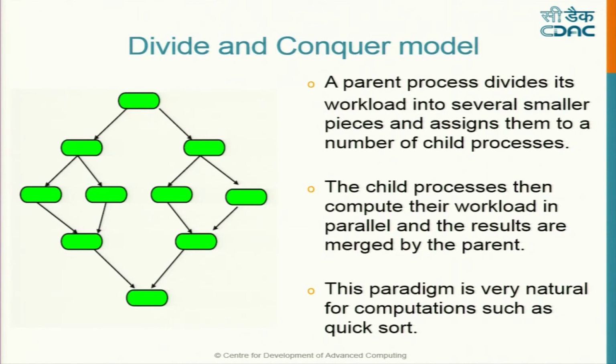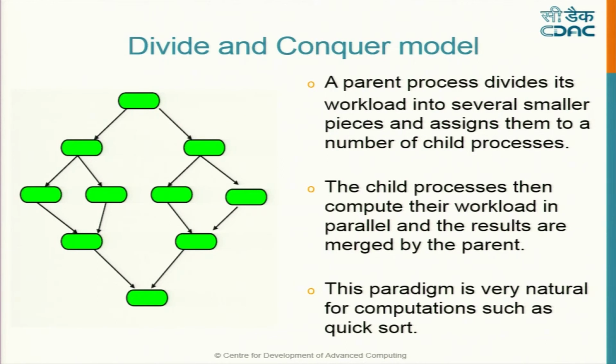Divide and conquer. The first process starts, and it divides the data or code among two children. The children find that it can be divided further, so each child divides it among the grandchildren, and you have many processes running. When they finish, they return the result to their parent, and the parent then returns it to the grandparent. There are certain algorithms best suited for this, like quick sort.